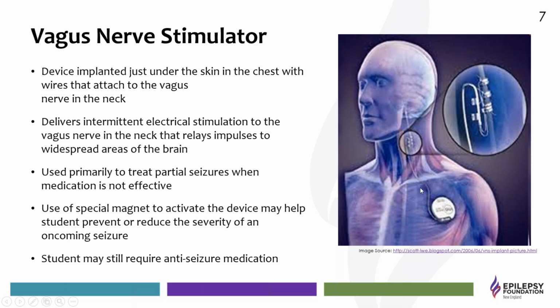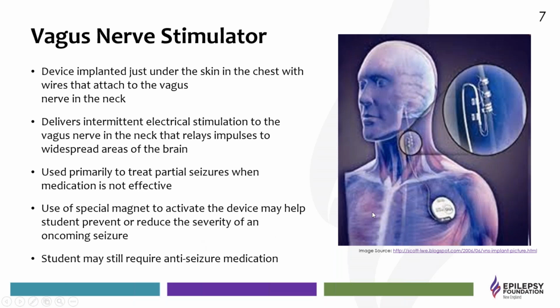And the theory behind it is that when you send pulses up the vagal nerve, it gets spread across the whole brain, widespread areas of the brain, and that it can potentially interrupt seizures or prevent seizures from starting. In addition, patients are given a magnet that they can either wear in a wristband, so it looks kind of like a watch, or carry elsewhere on their person, but they have to be careful. These magnets can cause havoc with debit and credit cards and smartphones, so you have to be careful not to store it too close to those areas.